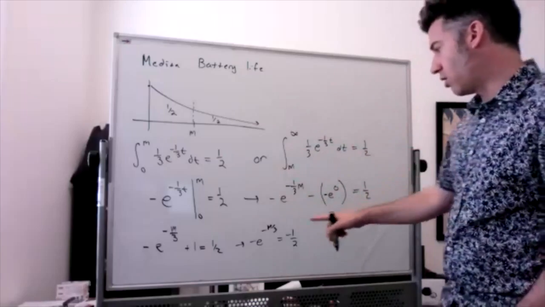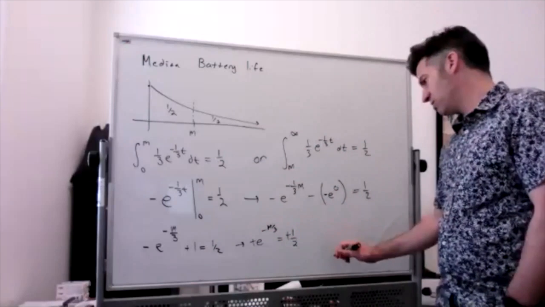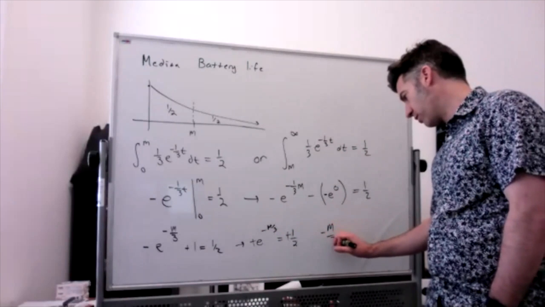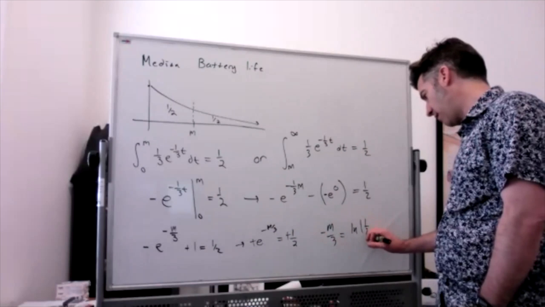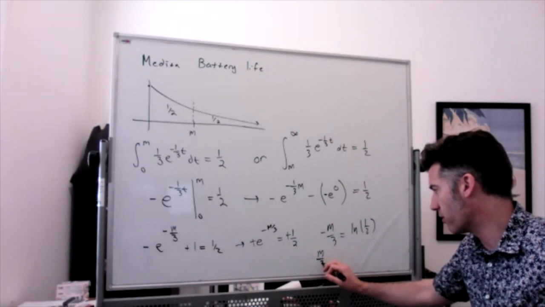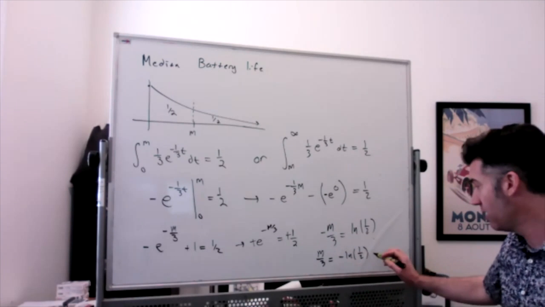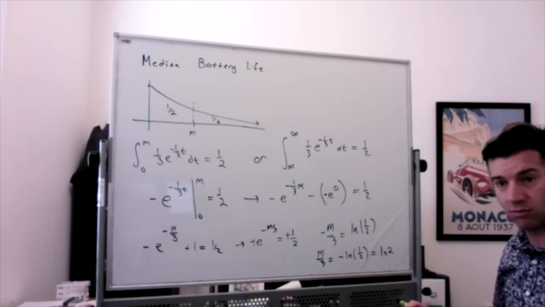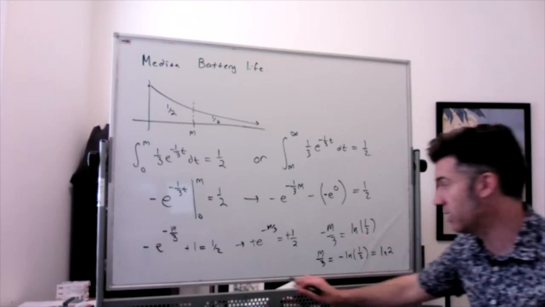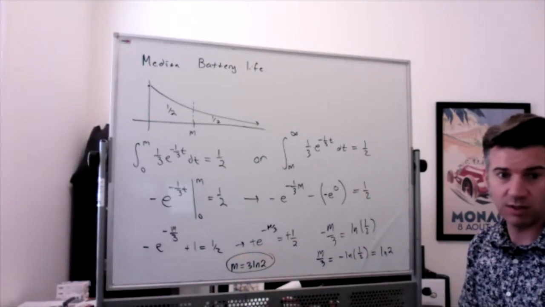So multiply both sides by negative 1, take the natural log of both sides. So you get negative m over 3 equal to the natural log of 1/2. Multiply both sides by -1 again. You get m over 3 equal to the negative natural log of 1/2. And I do want to point out that the negative natural log of 1/2 is just equal to the natural log of 2. You can bring that -1 up as a power, and then 1/2 to the -1 is 2. So then finally, the median is going to be 3 times the natural log of 2, which is approximately